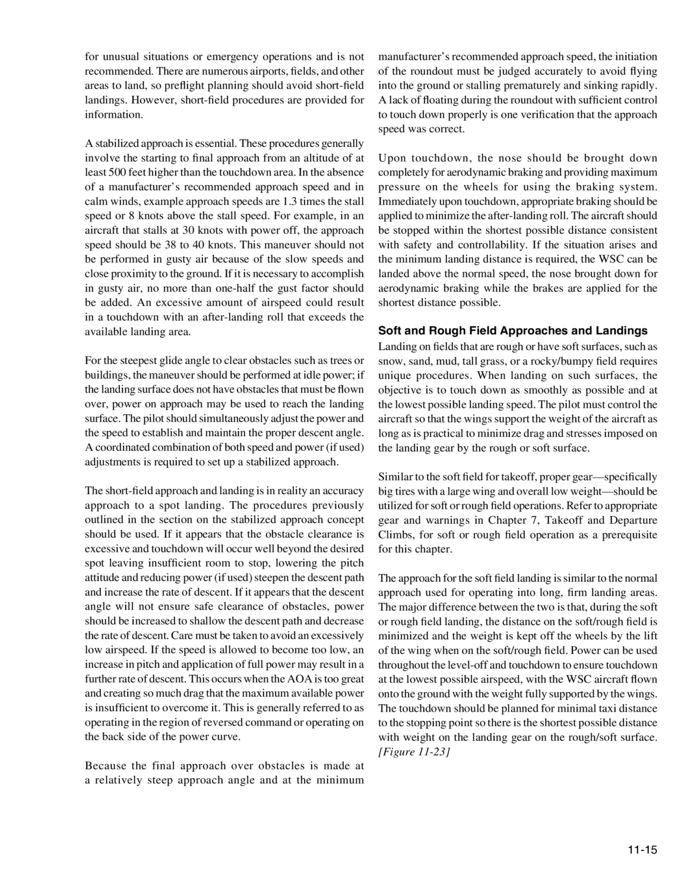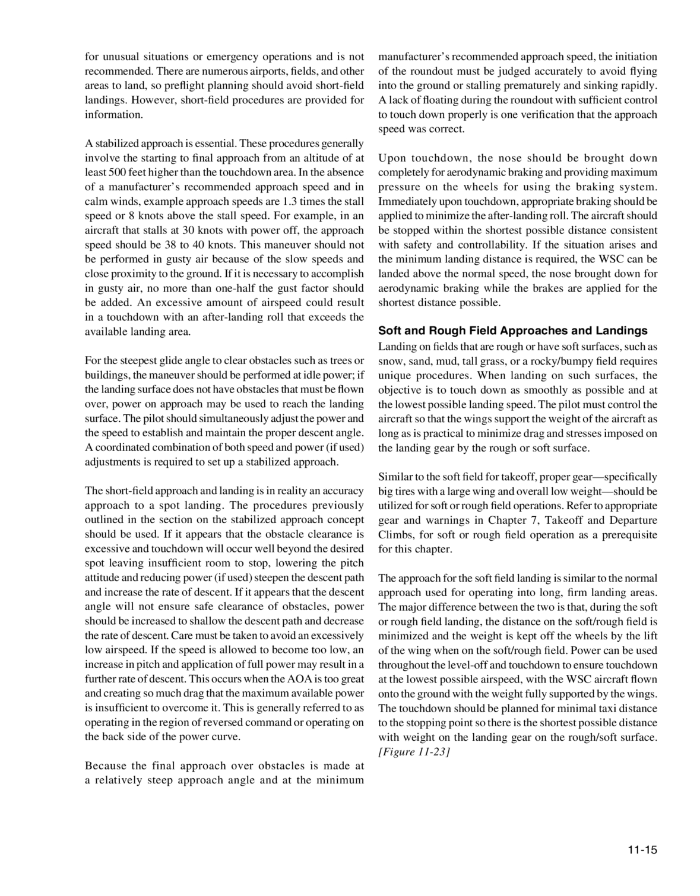A stabilized approach is essential. These procedures generally involve starting the final approach from an altitude of at least 500 feet higher than the touchdown area. In the absence of a manufacturer's recommended approach speed and in calm winds, example approach speeds are 1.3 times the stall speed or 8 knots above the stall speed. For example, in an aircraft that stalls at 30 knots with power off, the approach speed should be 38 to 40 knots. This maneuver should not be performed in gusty air because of the slow speeds and close proximity to the ground. If it is necessary to accomplish in gusty air, no more than 1/2 the gust factor should be